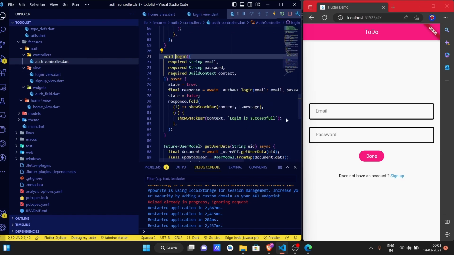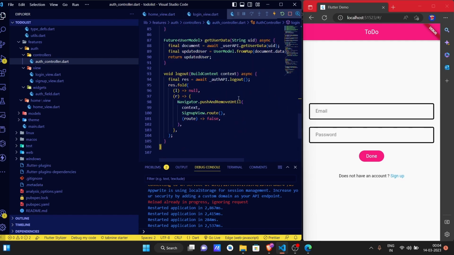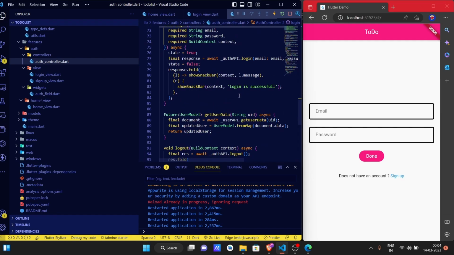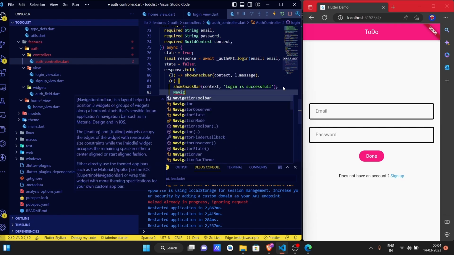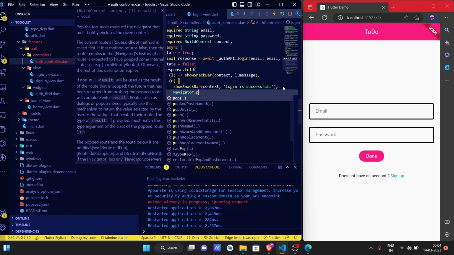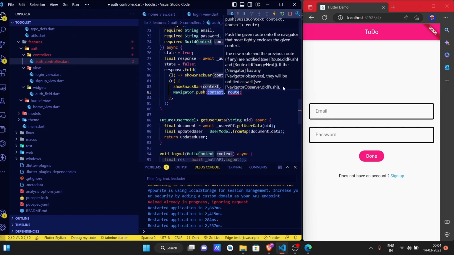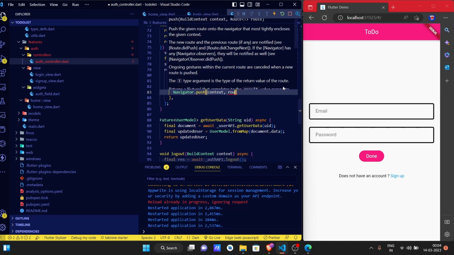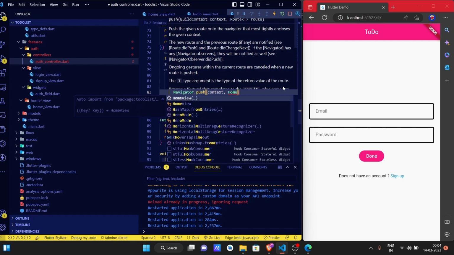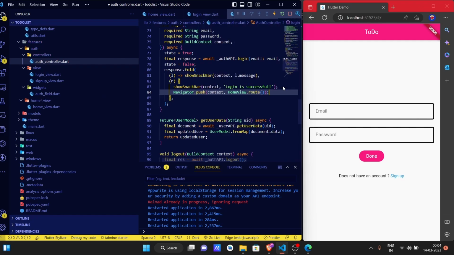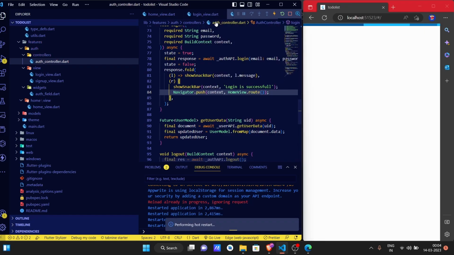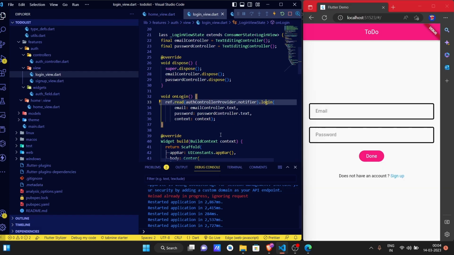So in the login function, when login is successful, we will go to the home view: Navigator.push, context, and give it the route HomeView.route. Yeah. So when login is successful, we will go to the home view,